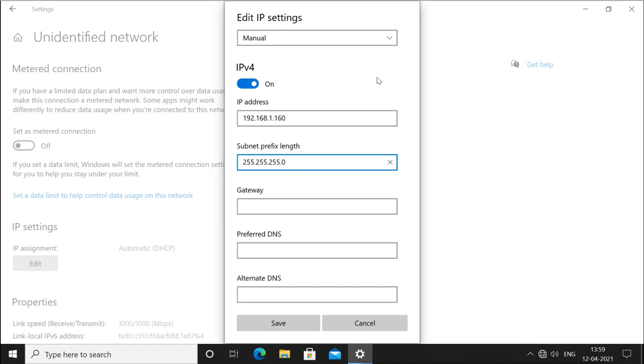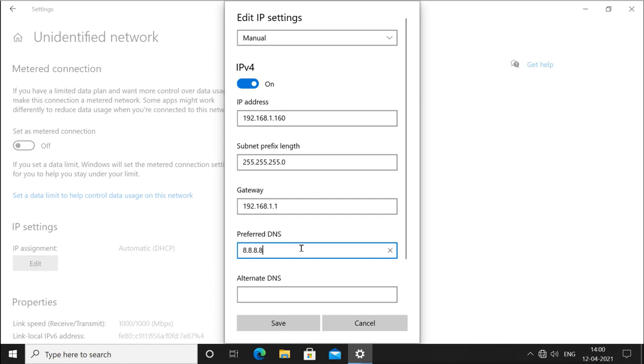Then the gateway. Gateway means if you have a gateway, a router, in your network, then you will mention the router address here. For example, I am saying 192.168.1.1 is the gateway. Then if you have a DNS server in your network, you will mention the DNS server IP here, for example 8.8.8.8.